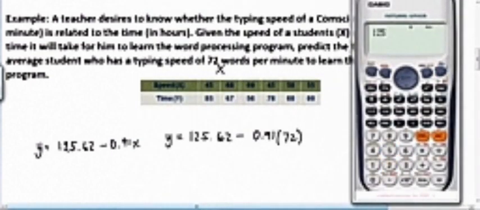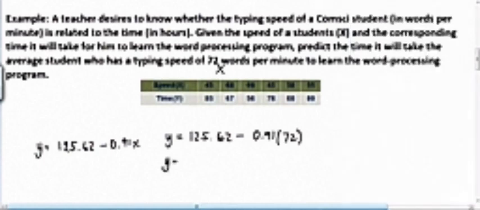Single line or double line or whatever calculator you use, they're all the same. Okay, minus 0.91 times 72. So, the answer is 60.1. So, y is equal to 60.1